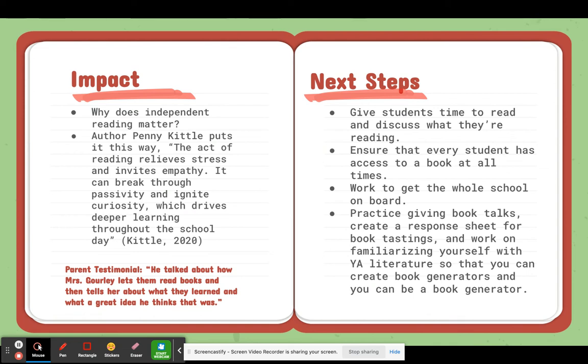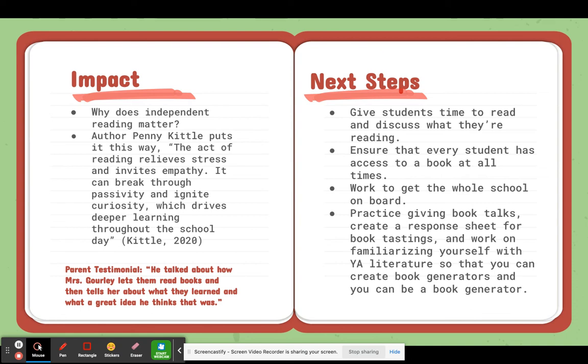Learning how to talk clearly and succinctly about a book and just have enough of that information shared to really grab students' attention. You want to work on creating a response sheet for book tastings because yes, it's great for them to look at the books, but if they don't have a way to record their thoughts as they are tasting those books and experimenting with them, then they're going to forget which ones they were really drawn to. So whether that's just this is the title, this is how I feel about the cover, this is how I would rate it, this is what I liked about it, this is what I didn't based on what I've read. You want something for students to be able to write the responses on.